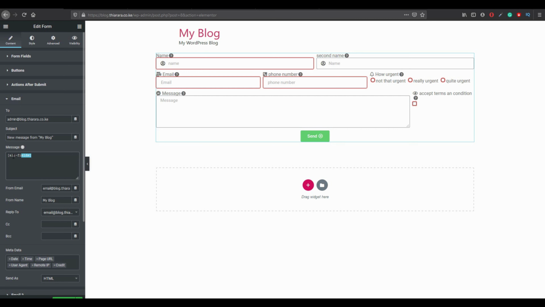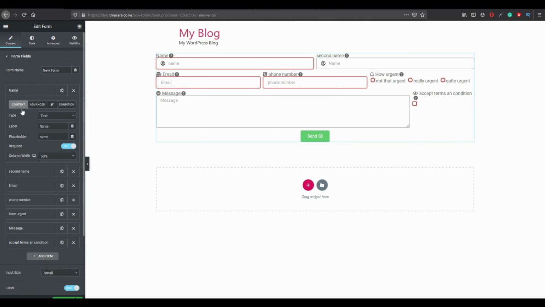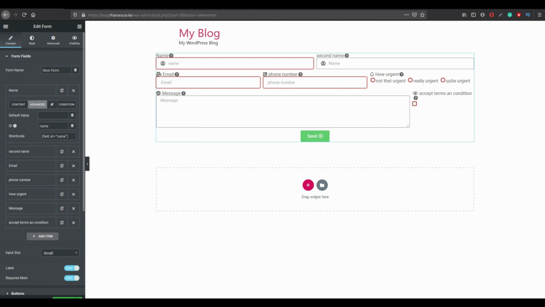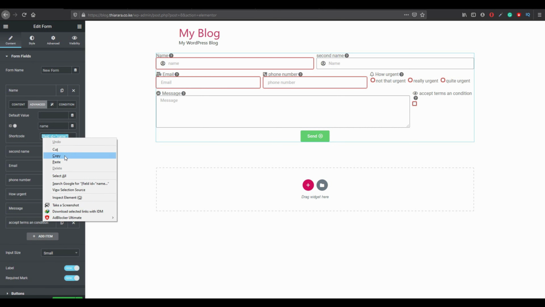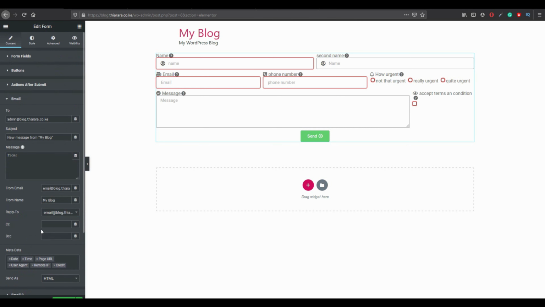After that, I want us to arrange every field. You see name, from. You say from. Remember I told you I'm going to show you how you're going to use these shortcuts. Now here comes where you're going to use the shortcode. You come to advanced, first name, copy, and come here and email. From, first name,